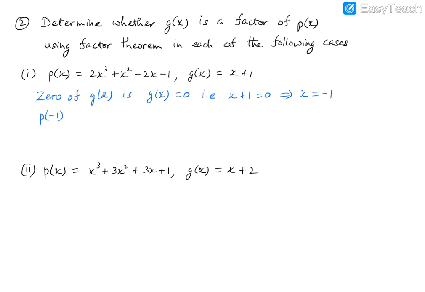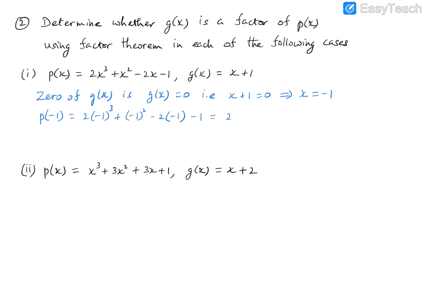So now we will find p of minus 1, and p of minus 1 in this case will be 2 into minus 1 cube plus minus 1 square minus 2 into minus 1 minus 1, which is equal to